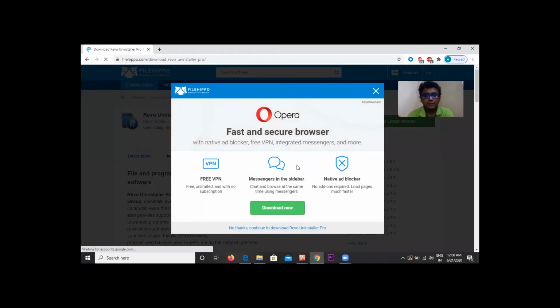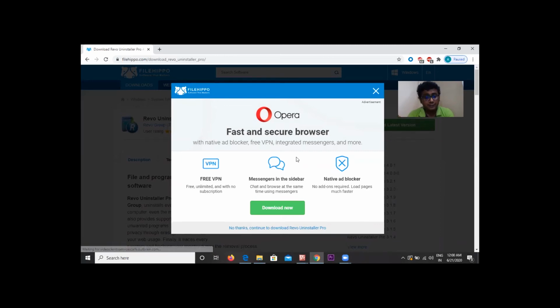You can see that the window is asking you to install Opera Mini browser on your computer. If you want to install it, then you can go ahead with this installation. Otherwise, you can click this link below: No thanks, continue to download Revo Uninstaller Pro.